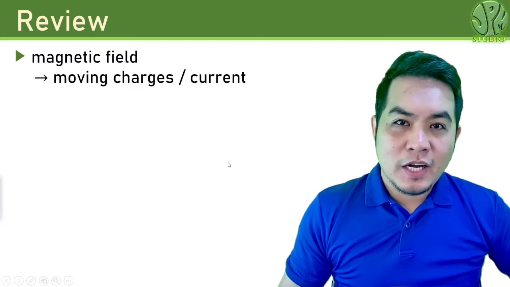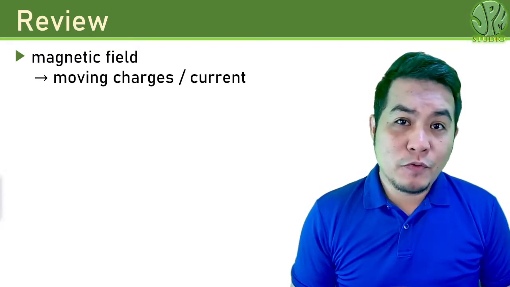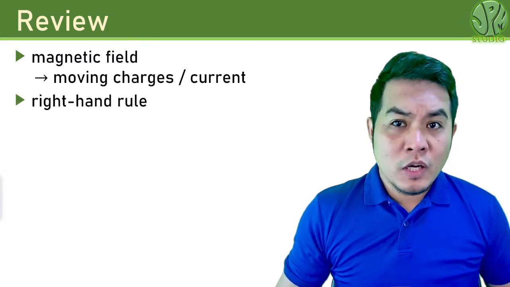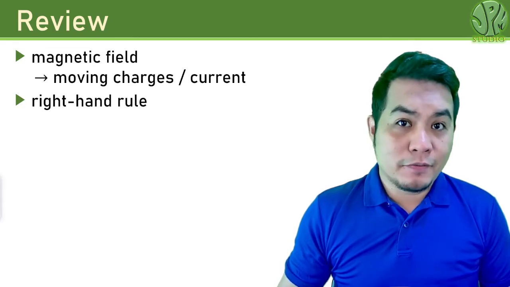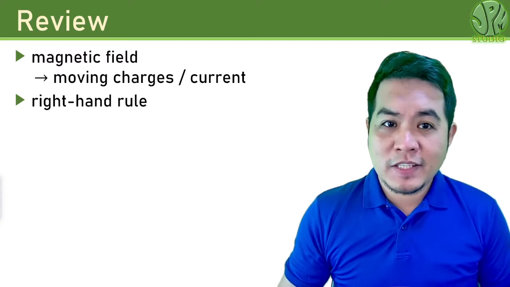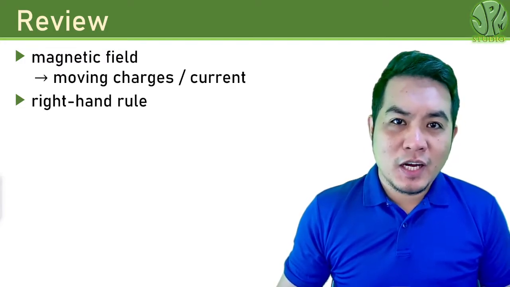So in the previous lesson, we have defined what a magnetic field is. It's actually created by moving charges such as a current. So in the first lesson, first chapter of this course, you have discussed vectors, wherein when you went to vector